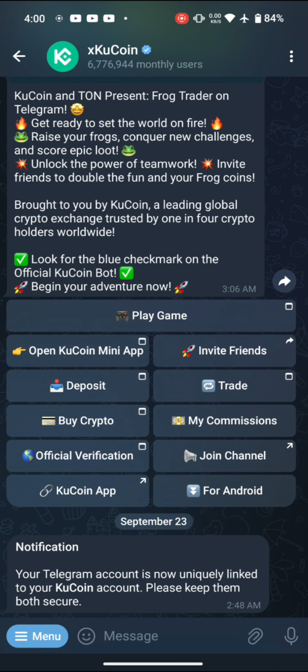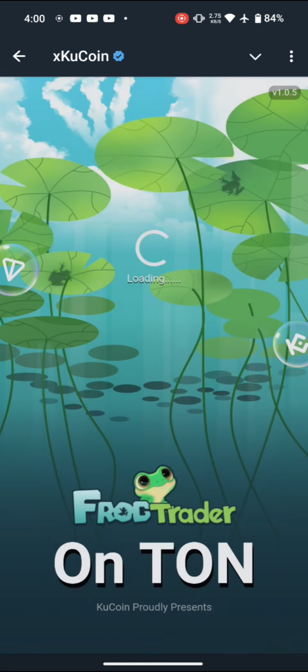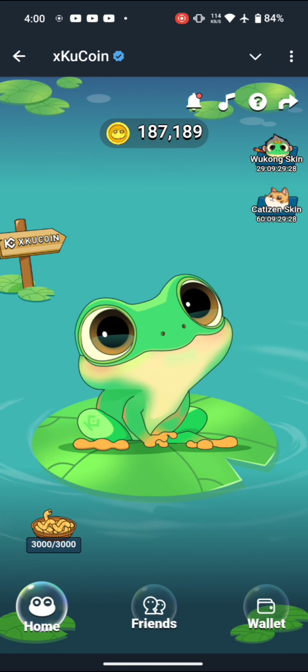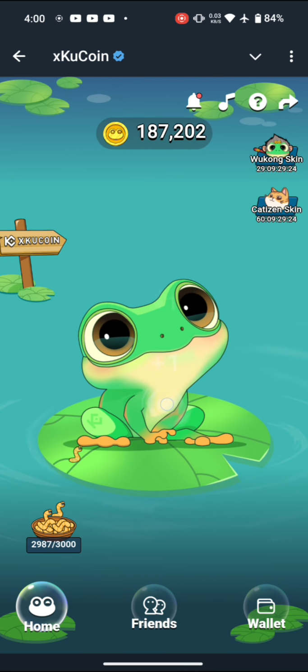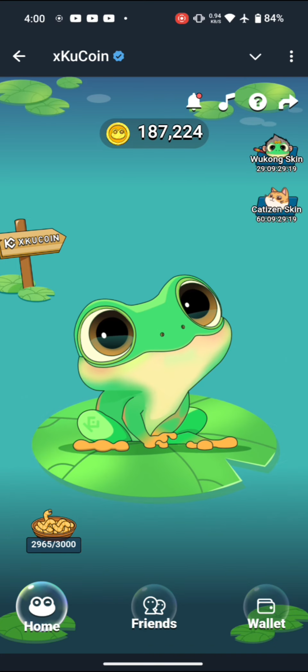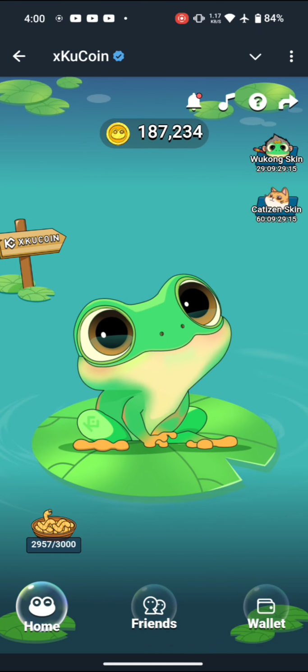So today I'm gonna show an airdrop known as KUCOIN, and this airdrop is owned by none other than KUCOIN. You know, KUCOIN is a tier 1 exchange like Binance, and KUCOIN is famous. And in this airdrop you just have to click on the frog, like tap, and you can always use a tap